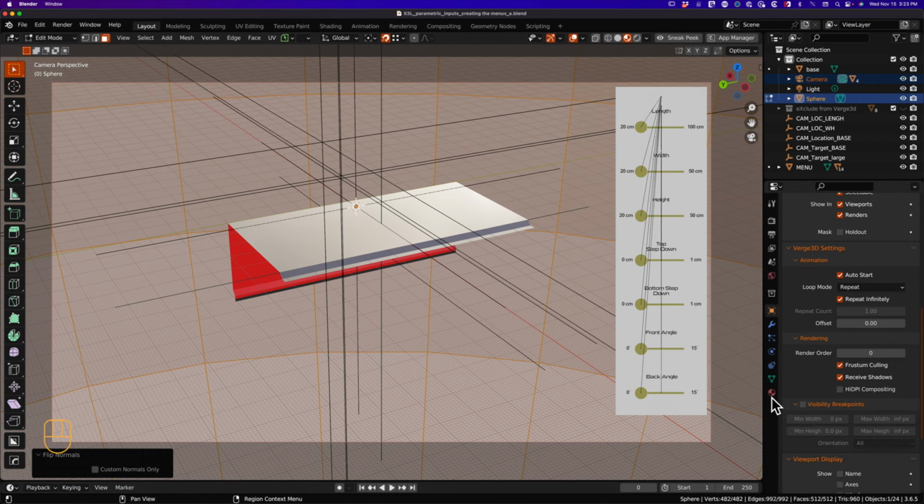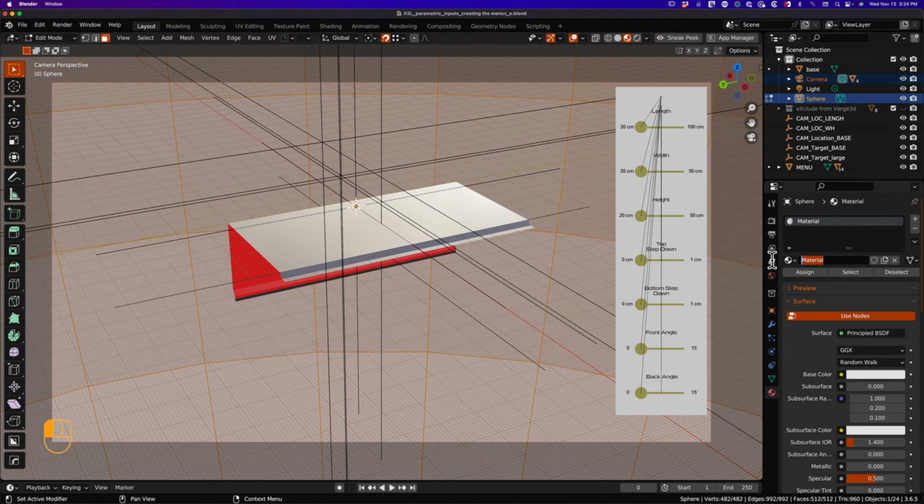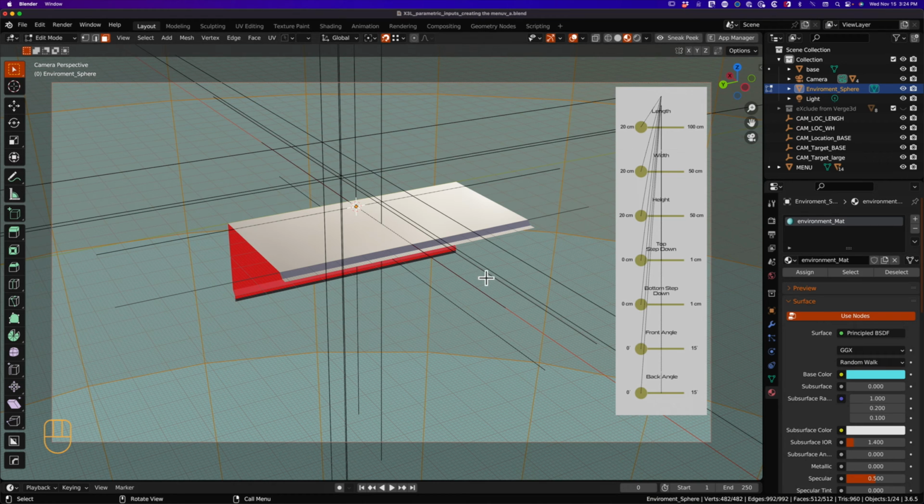Now it needs a texture, or at least a color. So let's give it one. We're going to call this environment matte. And while I'm here, instead of calling it sphere, we'll just call it environment sphere, for lack of anything more creative. And we're going to just give it some color. Let's give it a light blue tint, something like that. You guys can get crazy with the backgrounds,